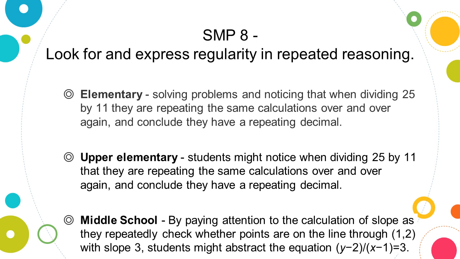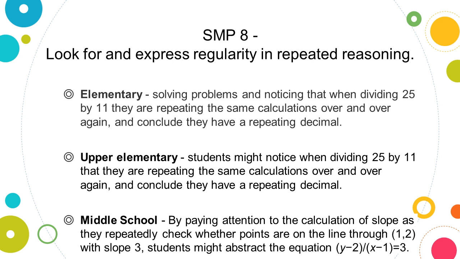Mathematically proficient students notice if calculations are repeated, and they look for both general methods and shortcuts. Elementary students solve problems and notice when dividing 25 by 11 that they are repeating the same calculations over and over, and they can conclude that they have a repeating decimal. By paying attention to the calculation of slope,